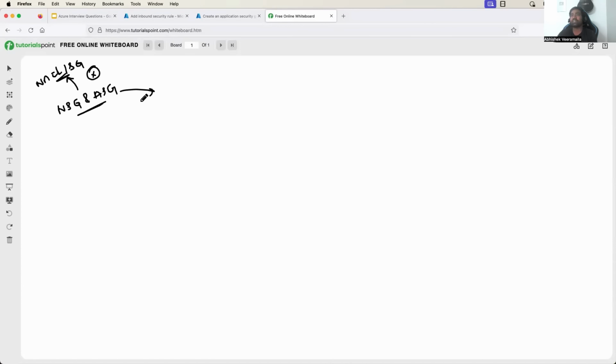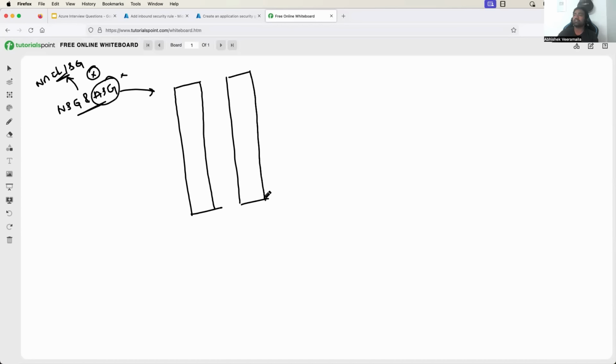So how this works typically is that, let's say, I'll give you a practical example. Assume there is nothing called ASG. If ASG does not exist, so if you have two subnets, okay, let's call the first subnet the business logic subnet or the app subnet, where you have your applications. And let's call this subnet your DB subnet, where you have the databases. Assume you have one of the database here,